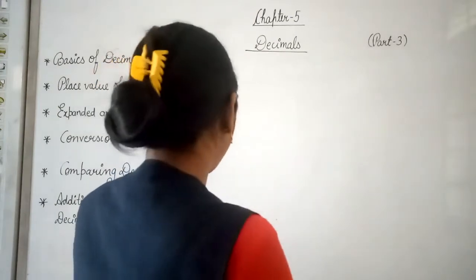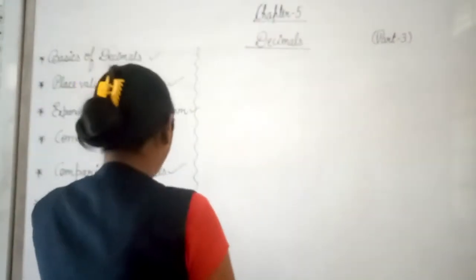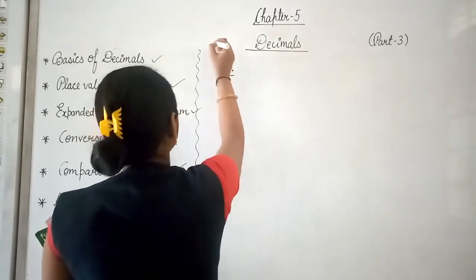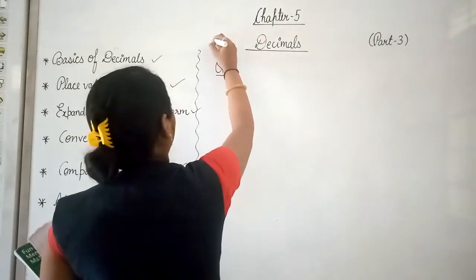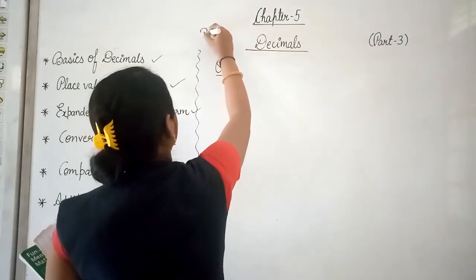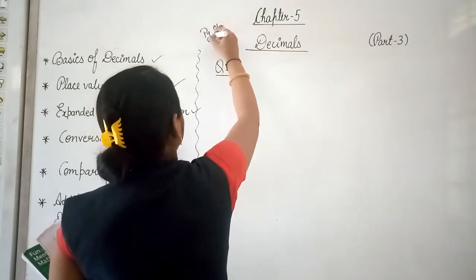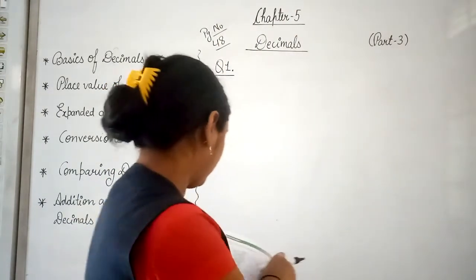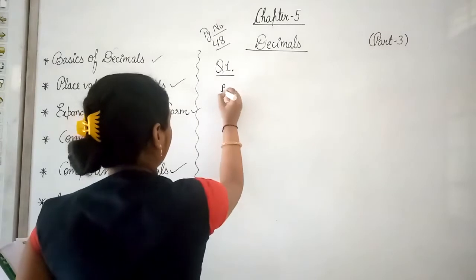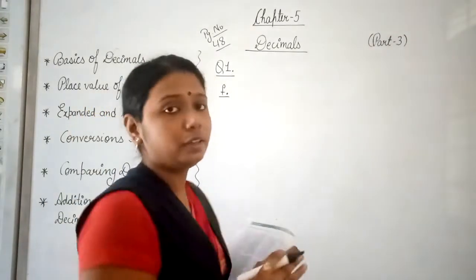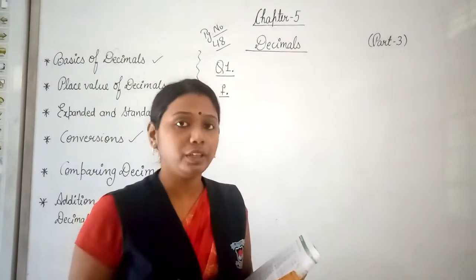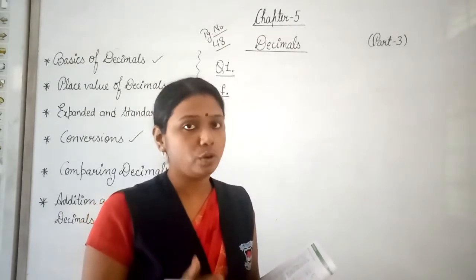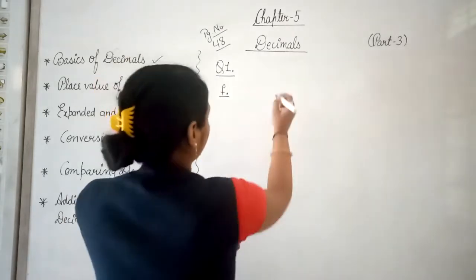Here first I am going to discuss question number 1. And this is page number 48 of your maths book. Here I am discussing the F part of it. In question number 1, numbers are already given in arranged form, so you need not do anything. You just have to add. Let me show you how to do this.